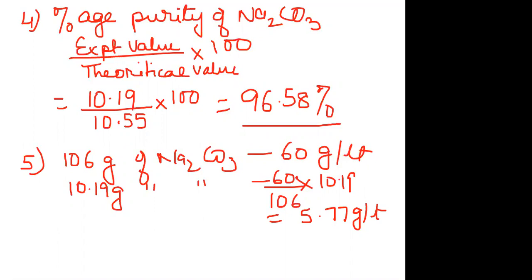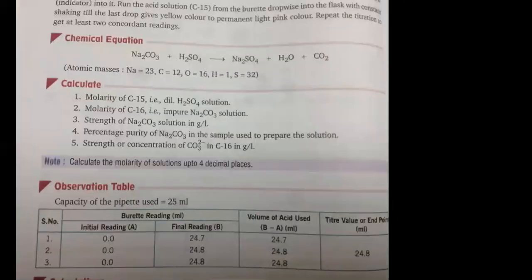So whether it is standard 11 questions or standard 12 questions, the questions on titrations are either of these three: either to find the strength of the unknown solution, or to find the percentage purity, or to find the value of X. But for standard 12, the titrations are oxidation reduction titrations. In the syllabus, it was given to calculate for KMnO4, potassium permanganate versus oxalic acid, or potassium permanganate versus Mohr's salt.